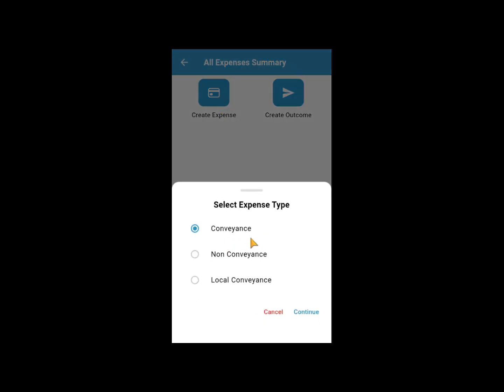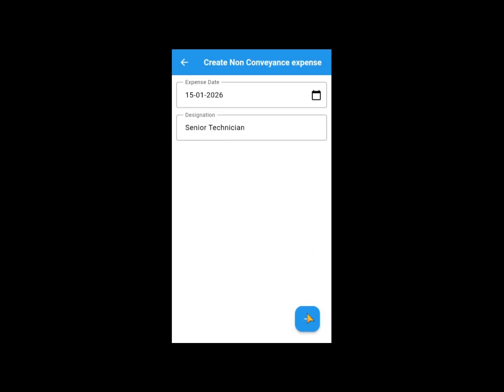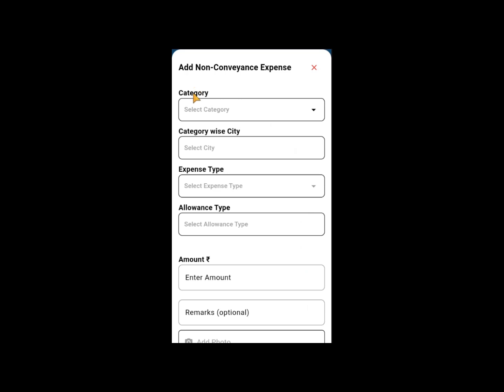I'm going to explain this again because I have already created one expense, and this was not explained, that's why I'm going to explain about this. You can click non-conveyance, you can see everything in your review, and this shows all the details. I already explained one by one. This is your A and B. A means the capital of your state and B means except the capital of your state. It means normal city. A means all the capitals of states.